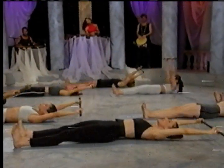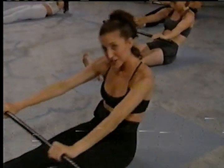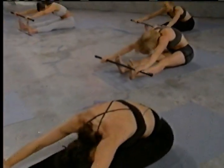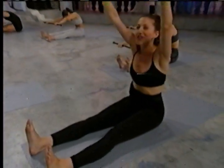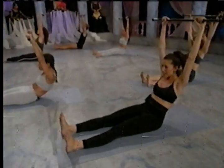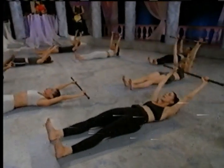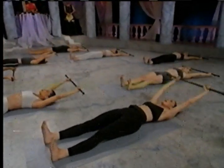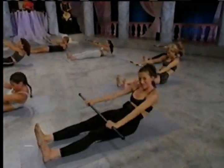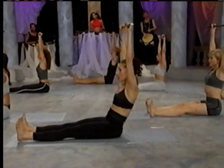arms go overhead. Again, coming up. This one is very challenging, so it'll be something to work towards for you, a goal. Arms overhead, keep the bar there, and now slowly roll down, directing your energy towards your heels. Last time, everyone, coming up and forward. Inhale up tall, hold the arms strong, roll it down,